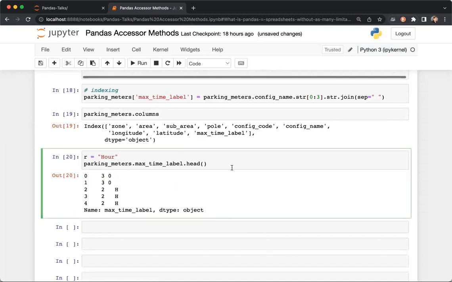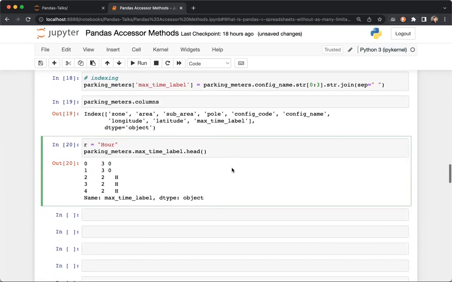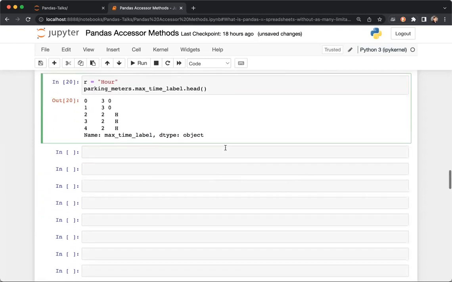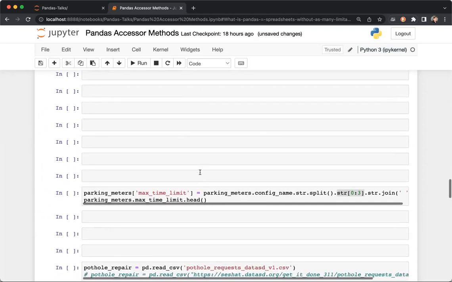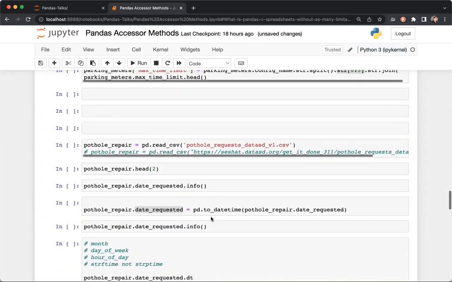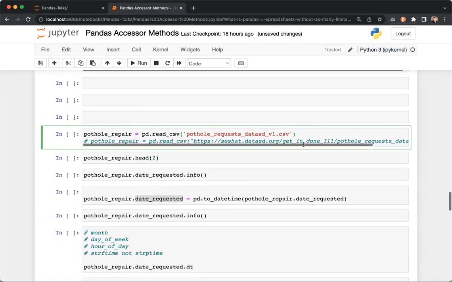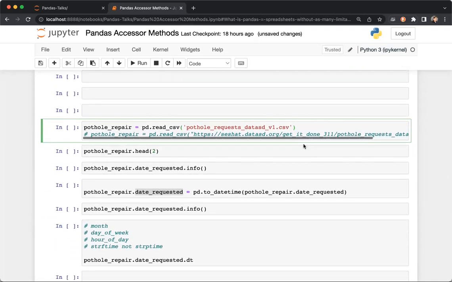Anyway, I might have to come back to that. So let's say you can do these regexes. It'll point to locations inside here. Let's take a look at pothole repair. With pothole repair, we're going to take a look at